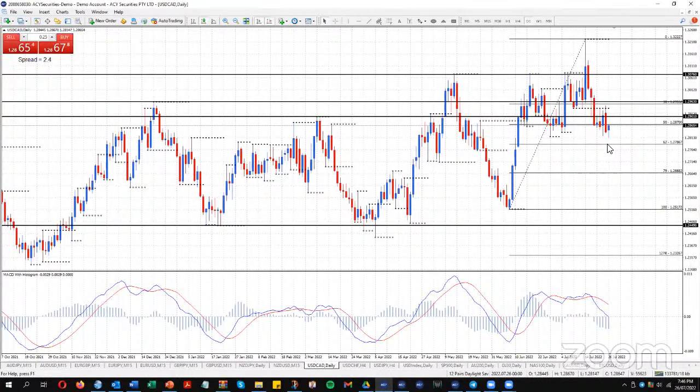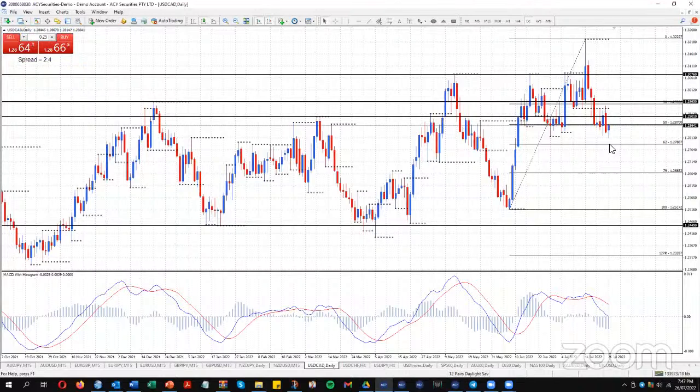I don't really care what the 15-minute chart's doing at the moment. I want to see that get back to the 62 approximately within a few pips. If it doesn't, then I'm not interested. If that's 50 pips away from that level, to me, it's still got 50 pips to go. So I'm not going to engage on that.